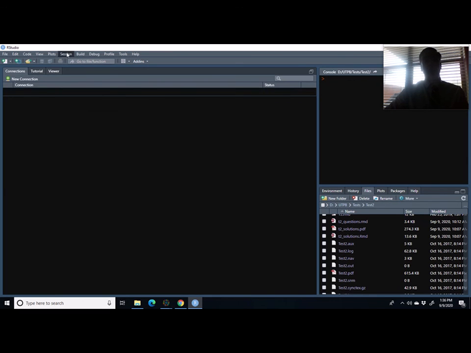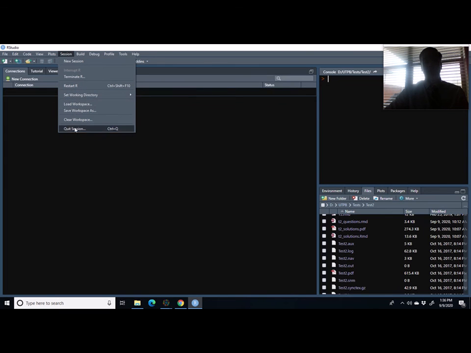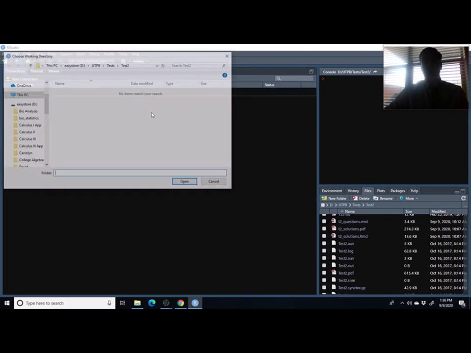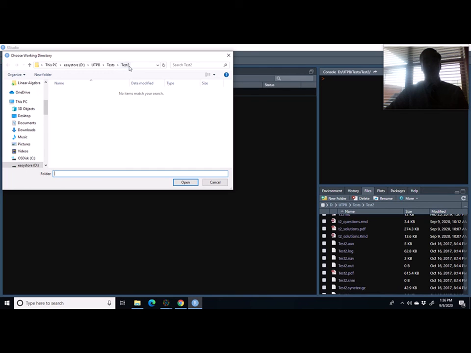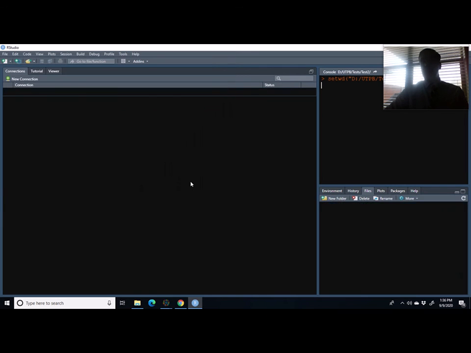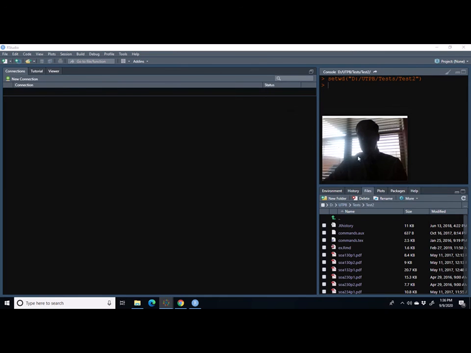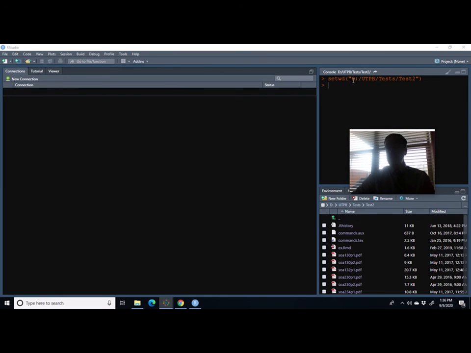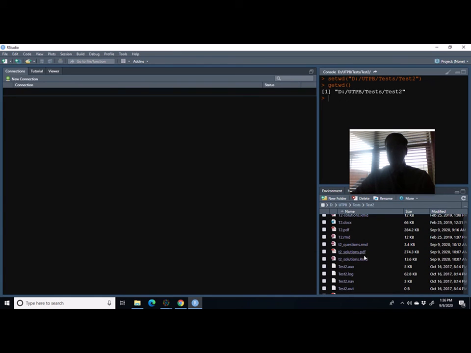Then I want to set my working directory. So I go to session, and I'm going to go to set working directory, and I need to choose the place on my computer where the file I want to work with is going to be at. And you can see it did that here. This is reflected now in the console. It said set working directory. Don't forget, there's also the get working directory function. And the get working directory function will return the working directory that you have right now. Okay, so I can see here, I'm in test 2, and the file I want is this one,